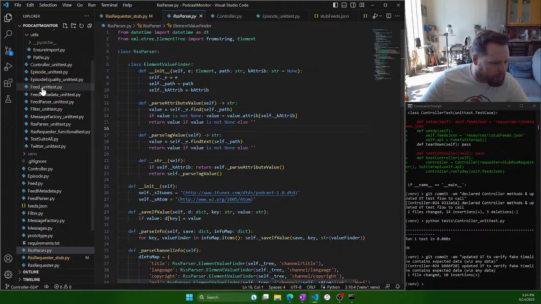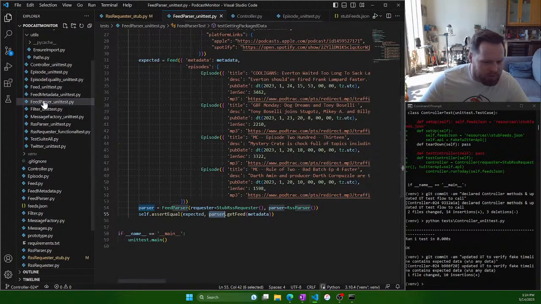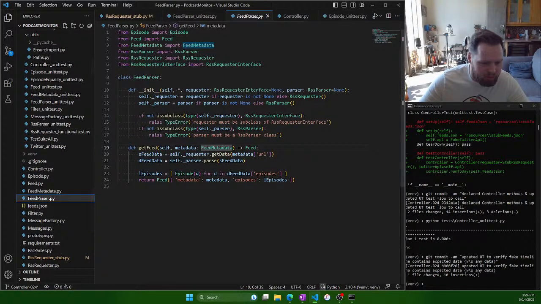So where were we? The feed parser passes the metadata, and we're calling get feed in parser. So we come here, get feed, metadata, the URL gets passed to get data. Okay, and so this is what's actually going to happen, but this requester is going to be this fake requester,